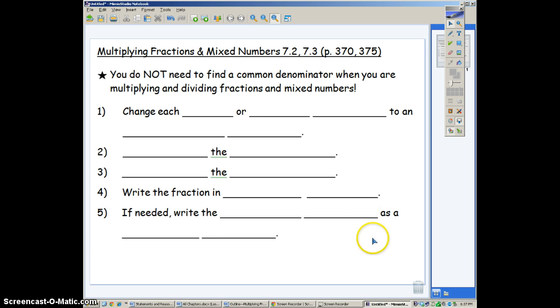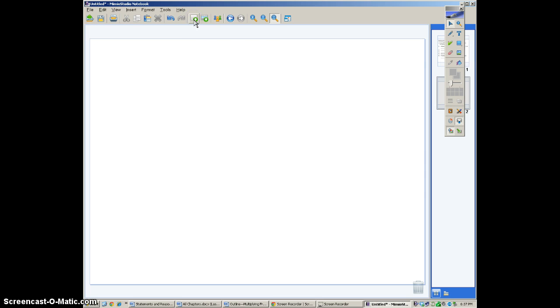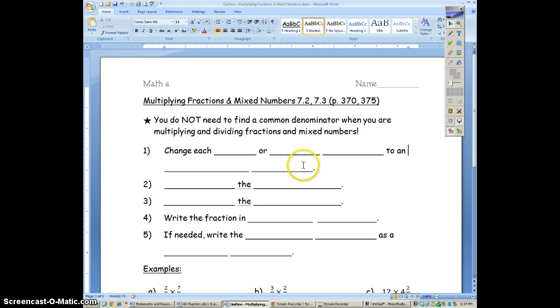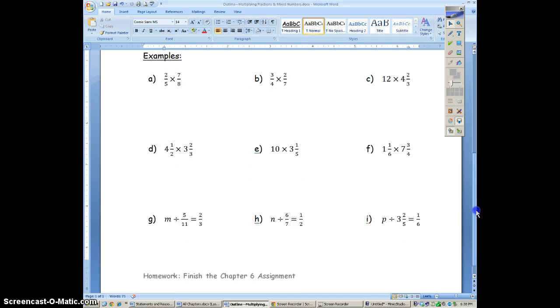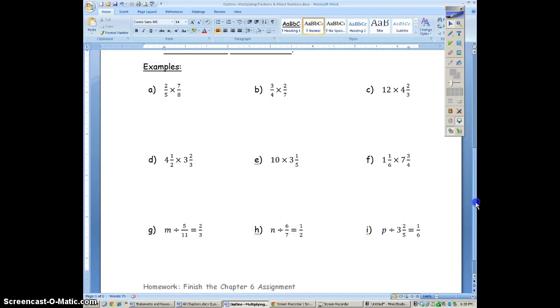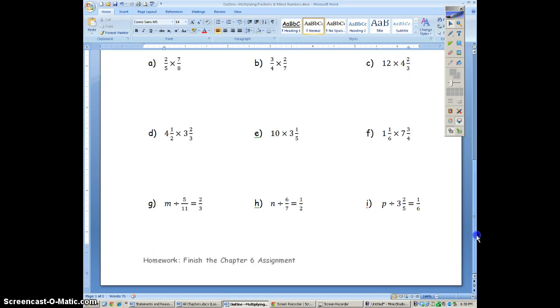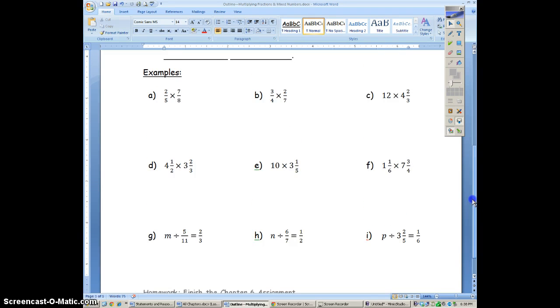If you have more of the worksheet that you need to copy, then you need to create a new notebook page. Go up to the top and click the New Page button, and it creates a new page, and you can see that over here in the sidebar also. So we're on page 2. I do have more that I would like to copy, so go back to the worksheet file, find the part that you want to copy. I want to copy the examples next, so I'm going to scroll down here, and this actually happens to be the end of my worksheet, so this is all I'll need,